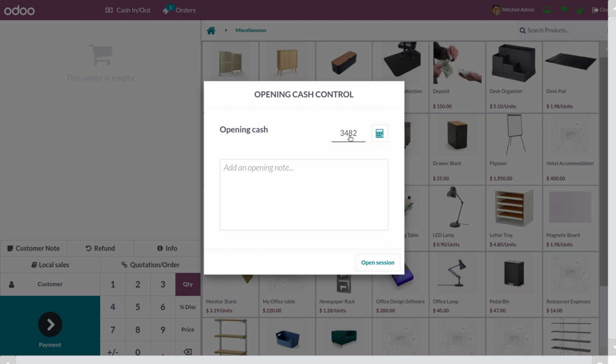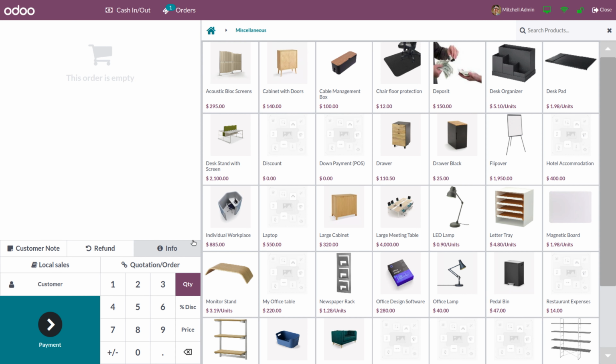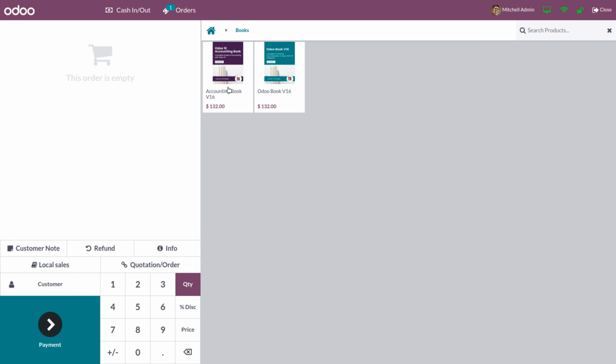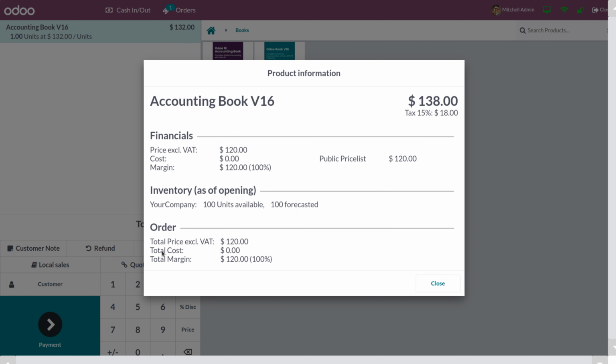Currently we'll be having opening cash of 3,482, because this is the closing cash of the previous session. Okay, let's open. In this case, you can see the default fiscal position is taken as local sale. And if I'm choosing this product, the book, you can see the info where